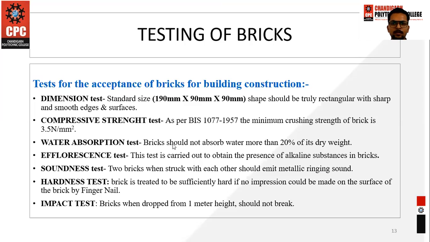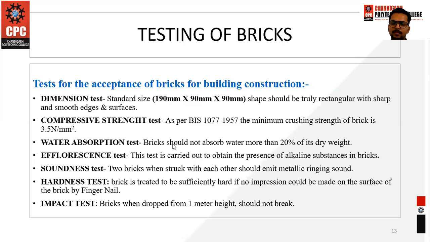You can do it at your site, wherever you are working, or at your home construction. Whenever normal bricks come to you, you can measure the dimension of those bricks. It should be traditional. If you have ordered bricks, the size should be 230, 115 or 75 mm. If it is standard, the size will be 190 by 90 by 90 mm. So it will be regularly rectangular in shape and size.